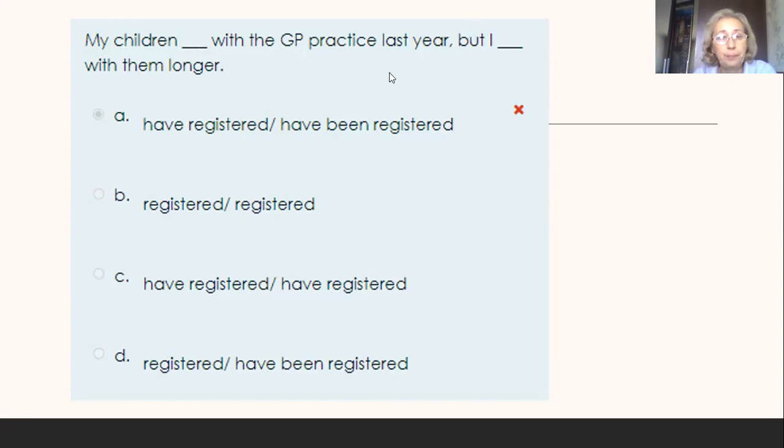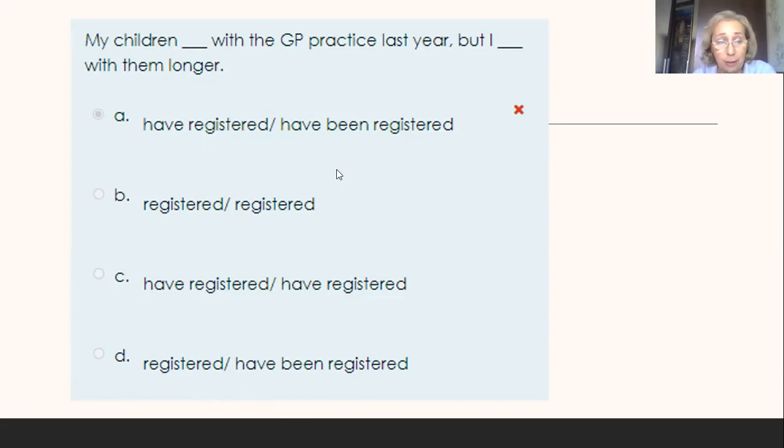In this complex sentence, there are two parts. In the first part, we have the time marker last year. That is why we need to use the past simple tense. The past simple tense. Registered. Have registered is not past simple. Past simple is registered, because have registered is